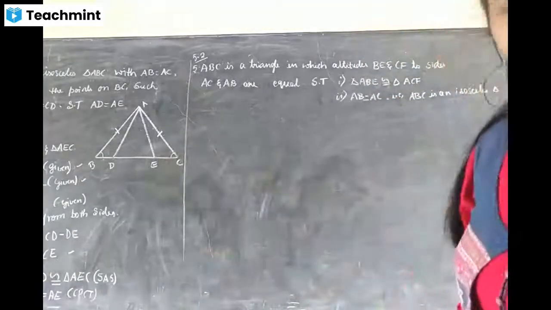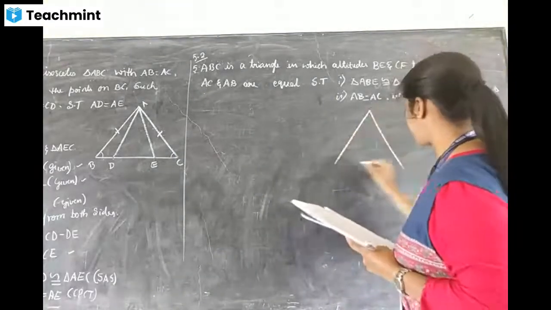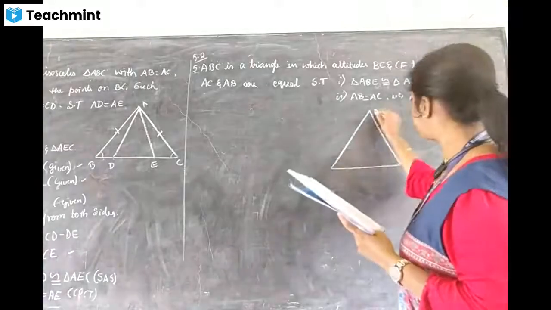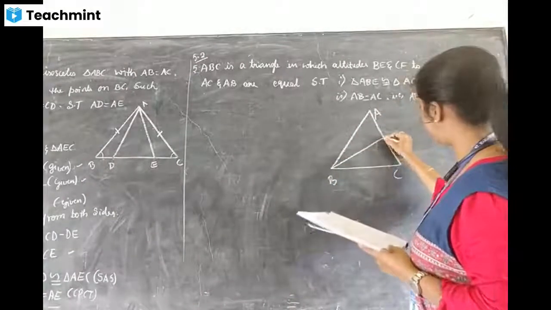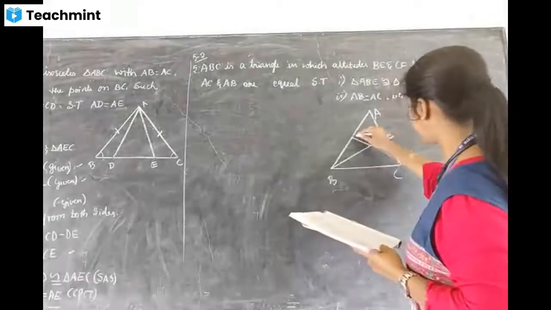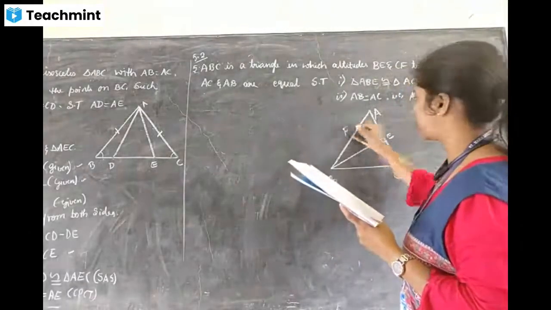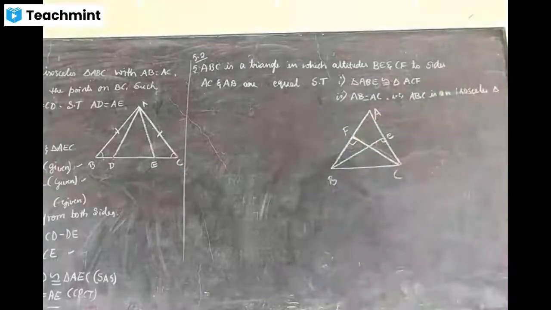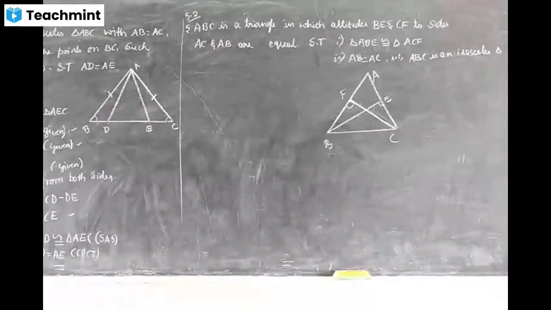Okay, the diagram is given. This is the triangle A, B, C. Two altitudes are given. They say it's 90 degrees at E. One more altitude from C. Altitude means it's a height, okay? Height must be straight. When it is straight, then it's 90 degrees. If they're given or not given, altitudes are always 90 degrees.